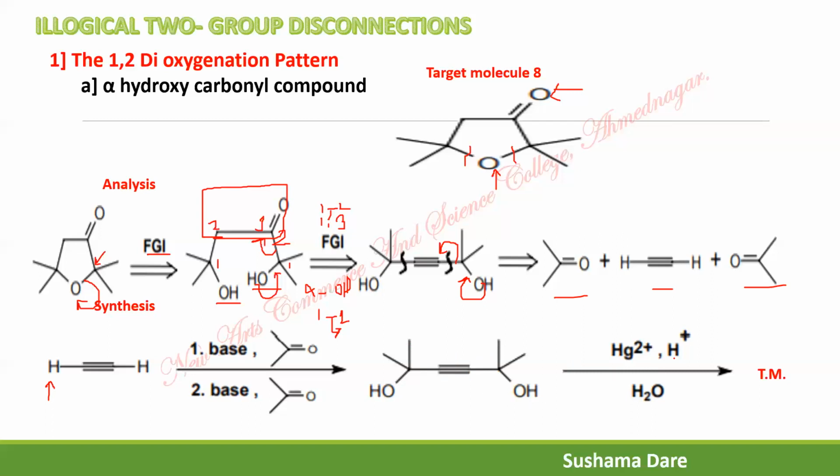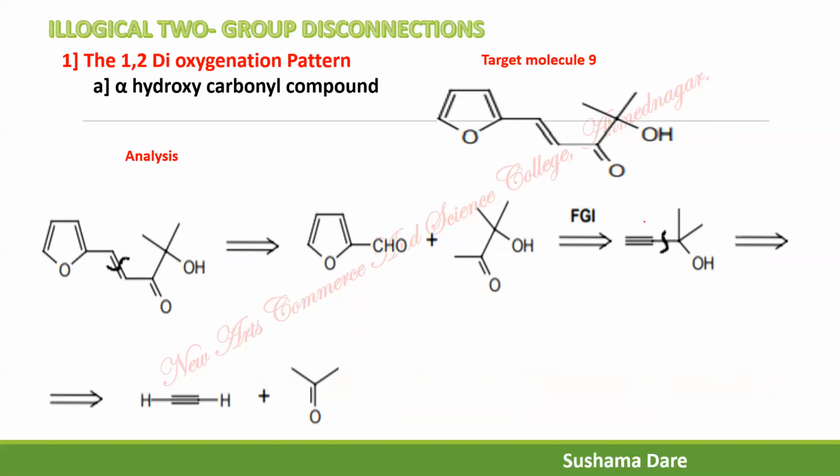And at the same time, as we are carrying out the reaction under acidic conditions, at the end there is a cyclization in presence of H plus, between this hydroxy group and this hydroxy group. Initially one hydroxy group undergoes protonation. So any one of those OH groups is converted to OH2 plus, and this donor OH transfers its electron density here and the leaving group departs. So this is the mechanism for getting the target molecule.